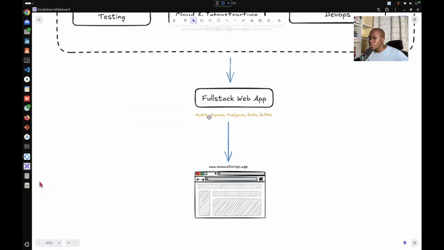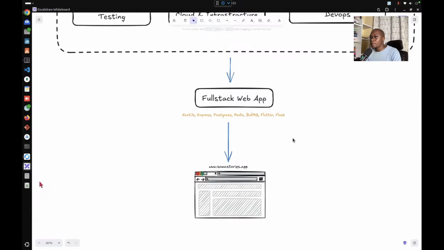And here I've given you an example of all the tools that can be used. So we have Next.js, Express, Postgres, Redis, BullMQ. Actually, this is the stack that powers Soma Stories, but only that here we have also Flutter and Flask.